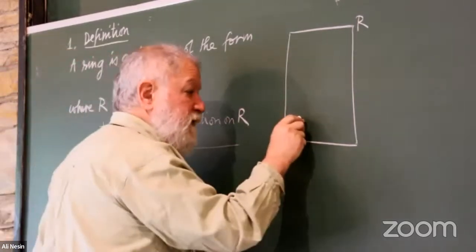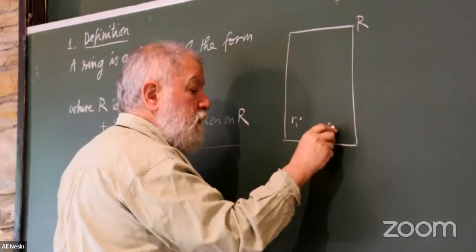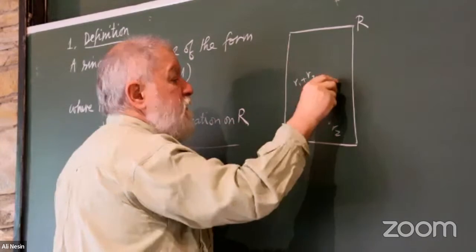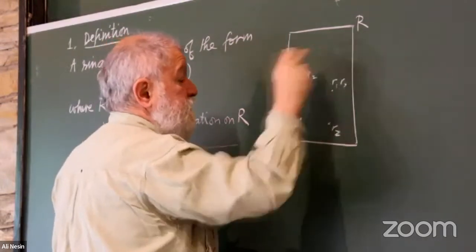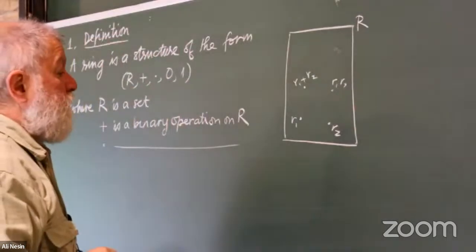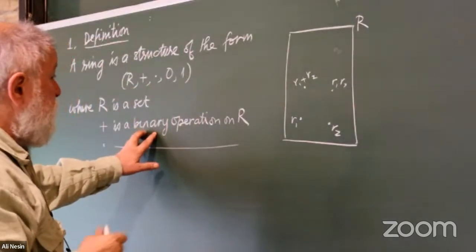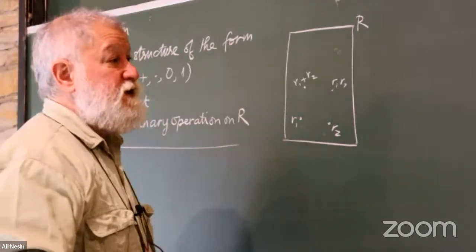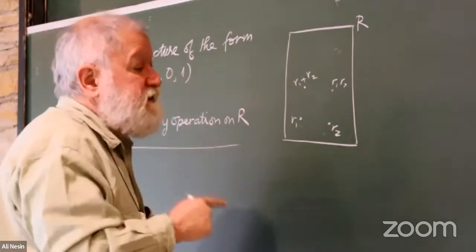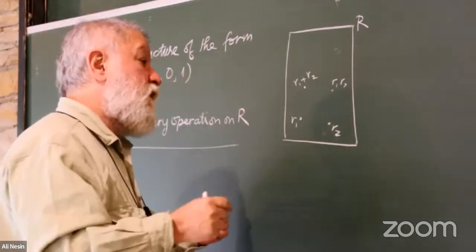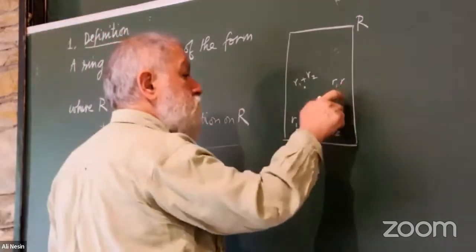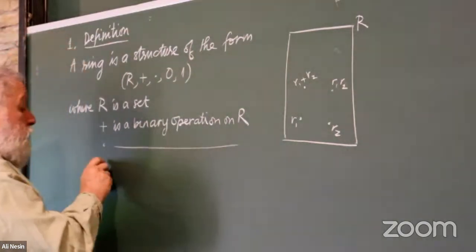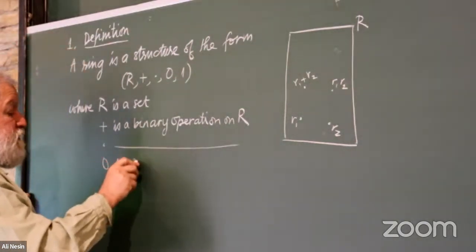This means that if you have two elements here, r1 and r2, you can add them, r1 plus r2, and you can also multiply them. They are still here in R, not outside. They are inside R. So it's a binary operation. Binary operation means that you need two elements to operate. For example, taking the square is a unary operation. You need only one, take x squared. To add, you need two, x plus y. Zero and one are two elements of R, such that